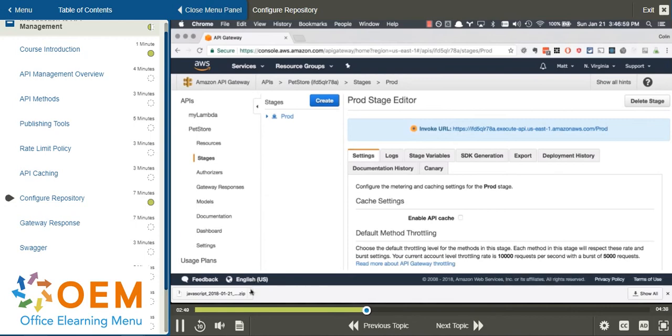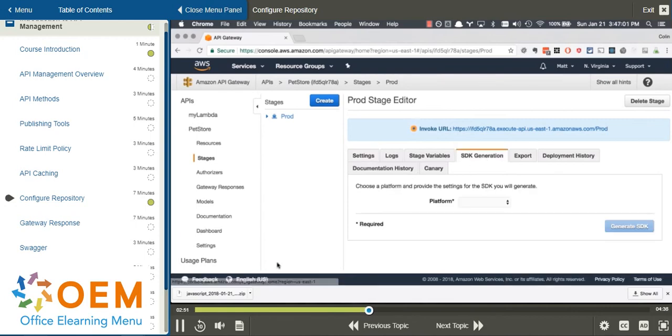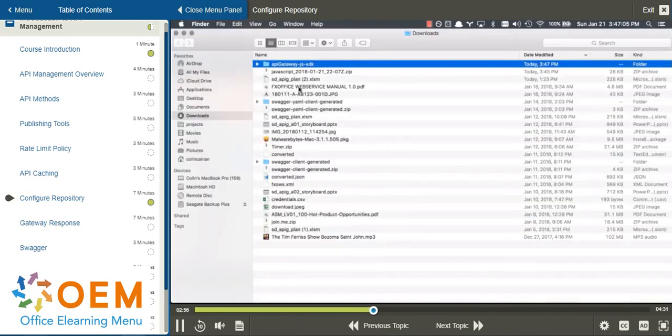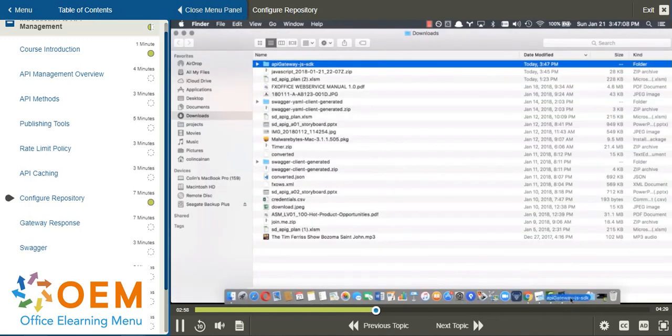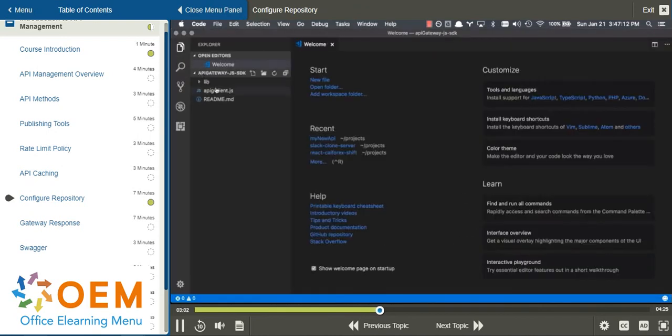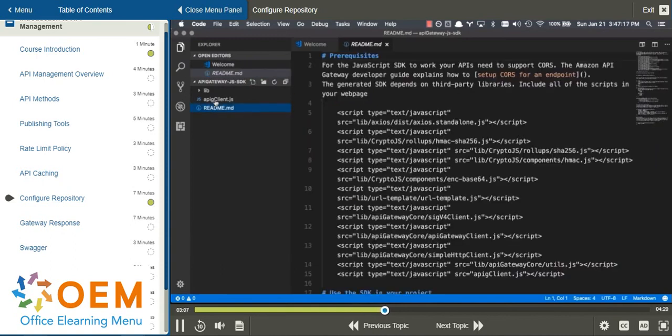So earlier, when we had generated our SDK, it had downloaded a zip file. You would want to open that zip file, and then you could move that into your code editor. Once it's in your code editor, you could have a look at some of the files here. Luckily, this comes with a README. So we can pop open the README,